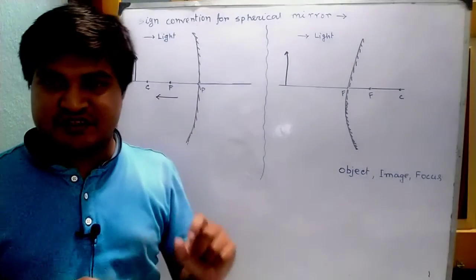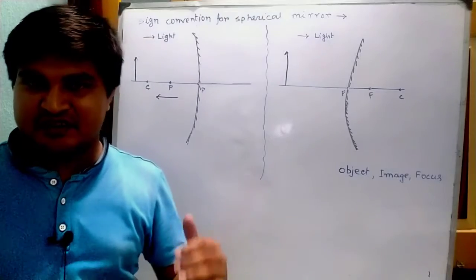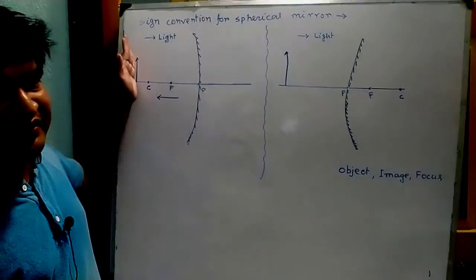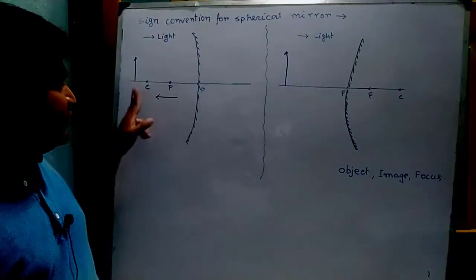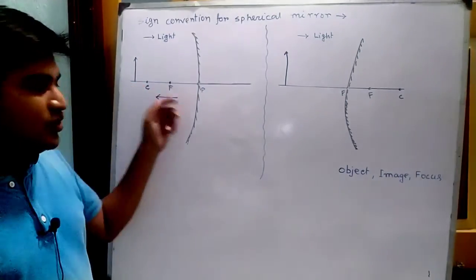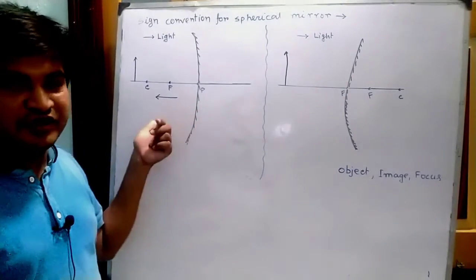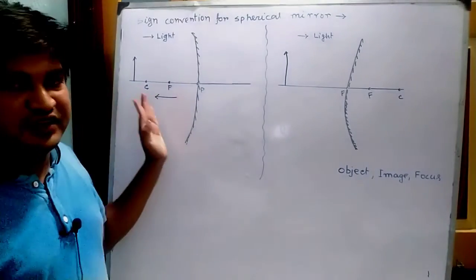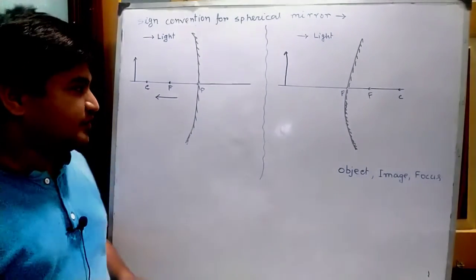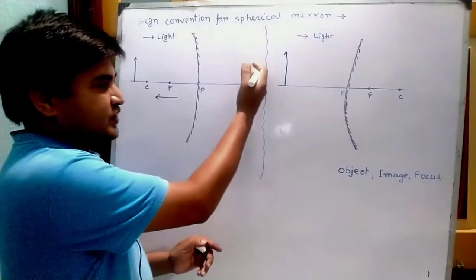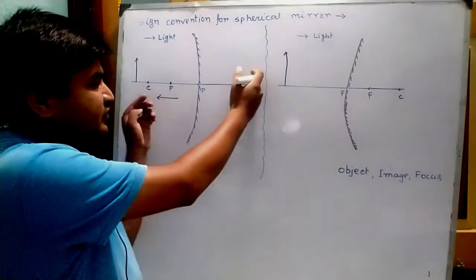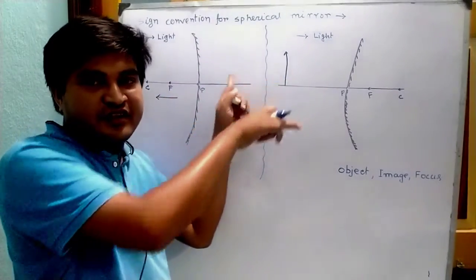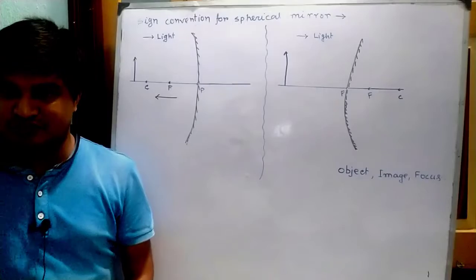So from this direction we will move towards this direction. So is it the direction of the propagation of light? Is the light traveling in this direction? No, light travels from left to right. But to get the object distance, we moved from right to left. So this direction is considered as negative. So here the distance will be negative. But if the object is placed at this position, then to get the object distance we will move from this position in this direction, then we will consider that as a positive sign.